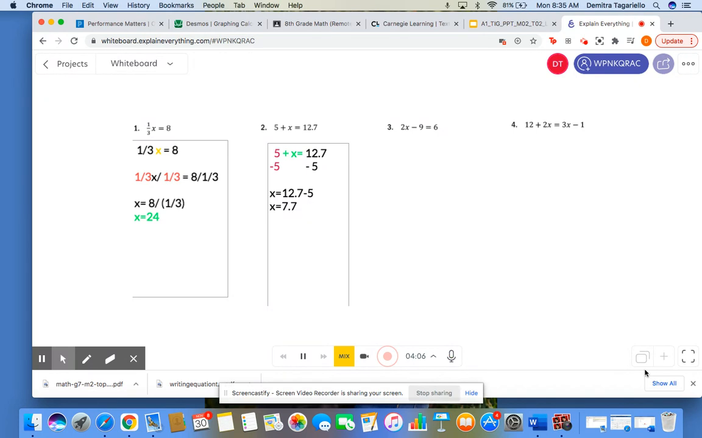Let's move on to number 3. So again, this is another two-step